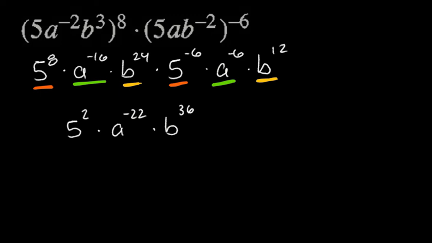And you can see all these pieces, here's my bases of 5, they are all collected together now. My bases of a are collected together now. And my base with b is all collected together now. So there's one more thing that we should take care of here, and that's the negative exponent. So I can't say I'm done yet, but the way that we typically think about dealing with negative exponents is